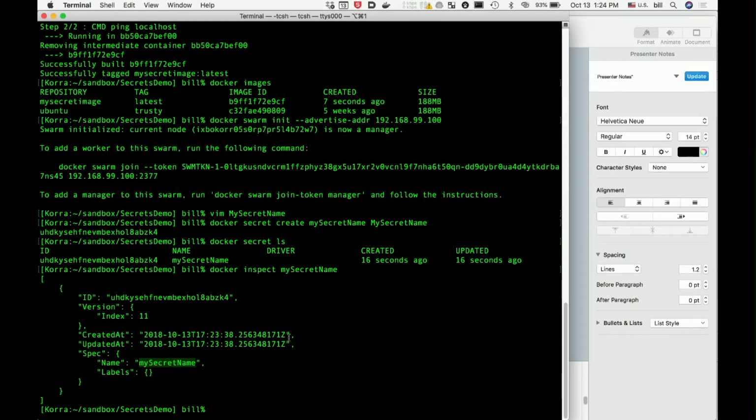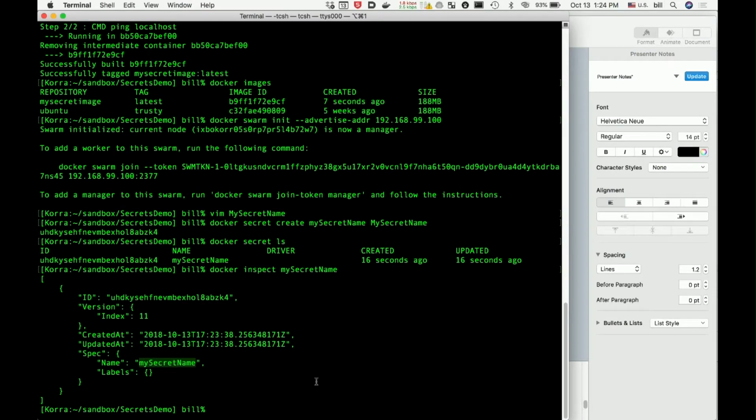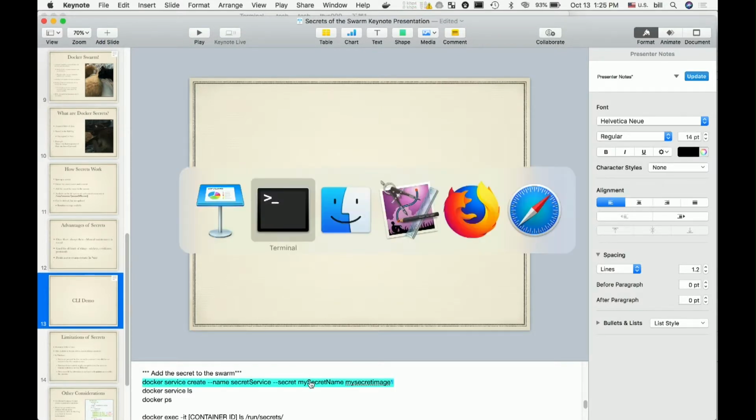Cool. All right, so we've got our secret now in the swarm. No, I created the secret, yes. Now we're going to create the service.